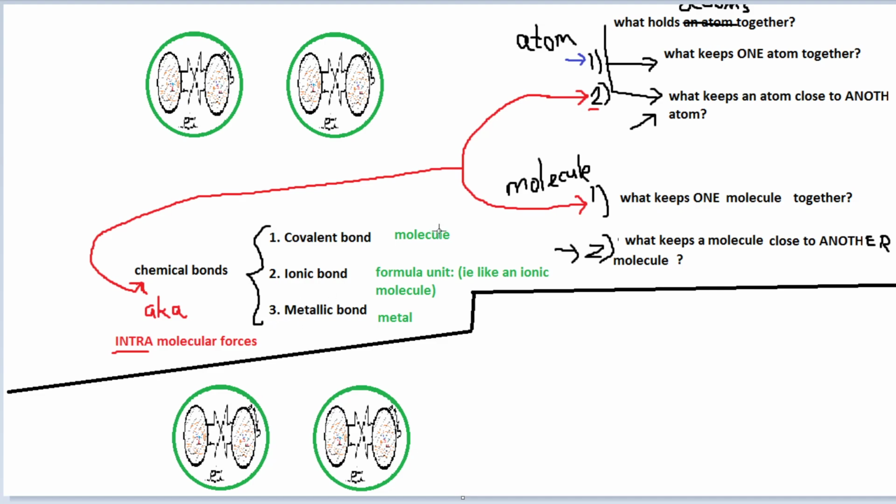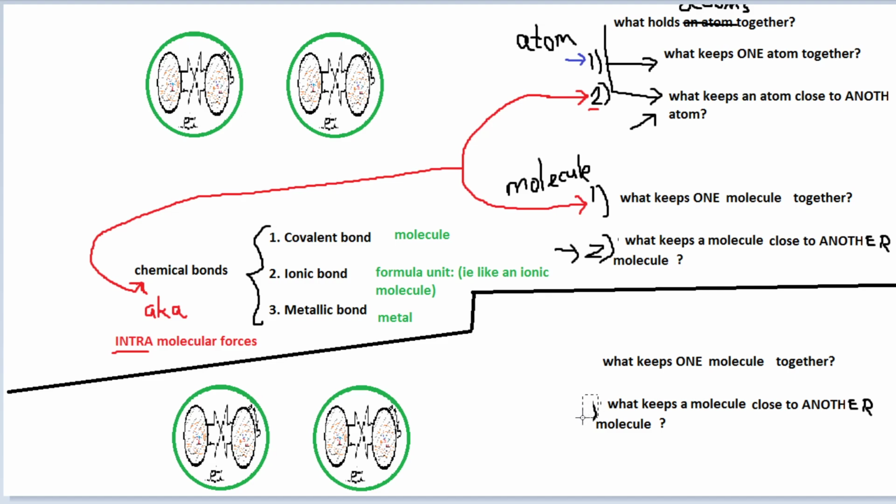And finally, we have arrived at the interesting piece of information. It turns out that we can ask the same questions about this. We can ask what keeps a molecule close to another molecule, but we can grab these. Let me do it exactly the same to help show you the pattern. We can ask these questions again. Except over here, when we put 2 atoms together, we got a molecule, and that took us to the next stage of questions. Do you see?